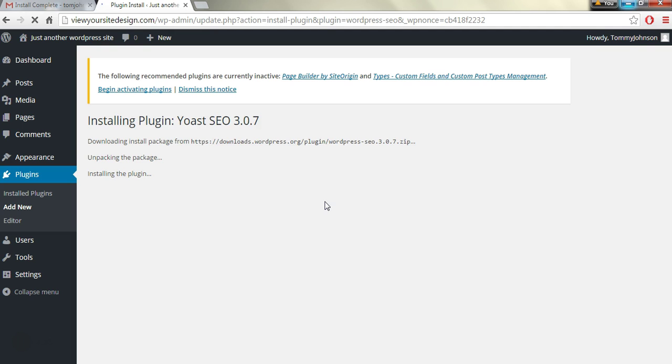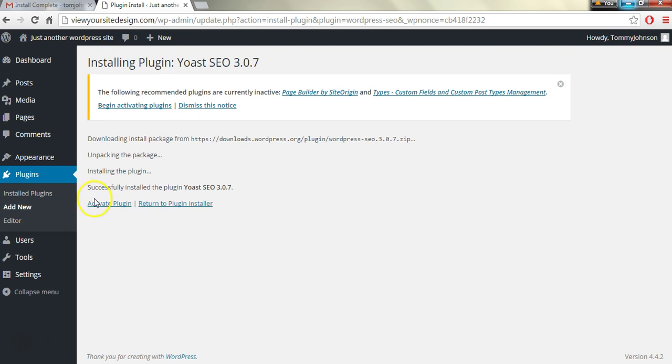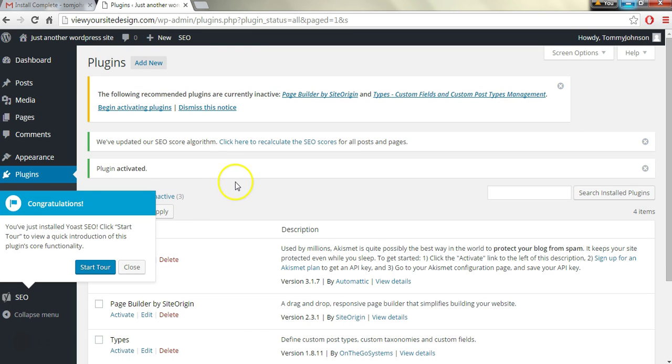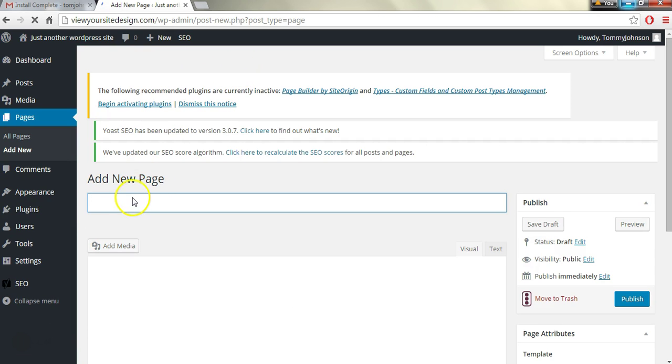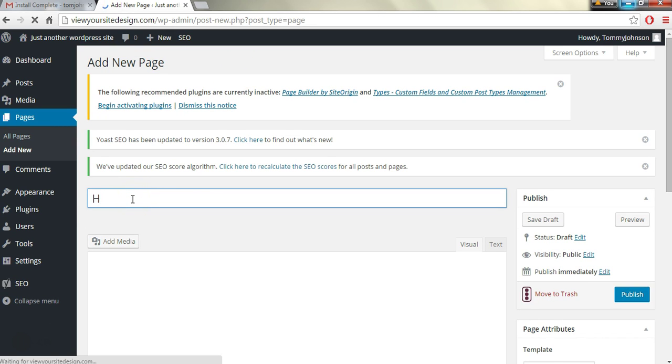And if we click install now, and then we'll activate the plugin, we'll see a message that says congratulations, and if you want to, you can go through the start tour here to learn more about the plugin and what it can do. But I will actually show you an example. If we go to pages on the left side and click add new, and here we go and write